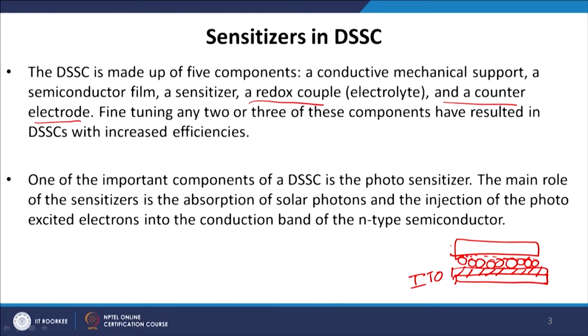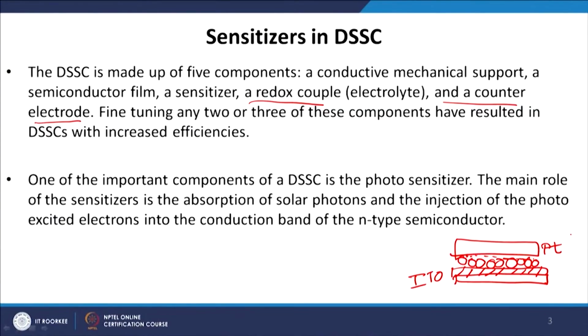Now, we mentioned that as a counter electrode we use the platinum counter electrode. Platinum also helps to catalyze this electron oxidation reduction process, and also it acts like a metal counter electrode. Now, in many cases we replace this counter electrode by several other materials. For example, we can even take graphite, like from a pencil, and put a layer on the glass substrate to make it a counter electrode.